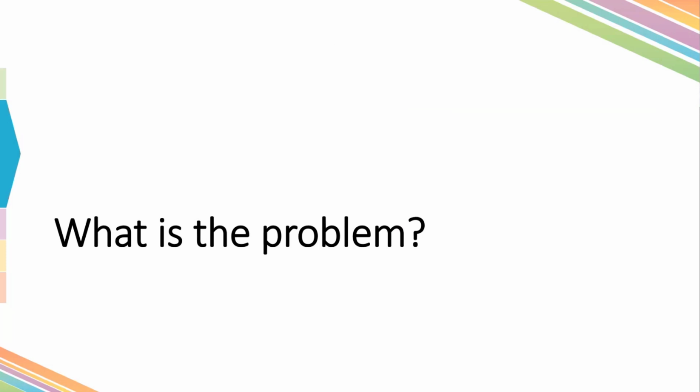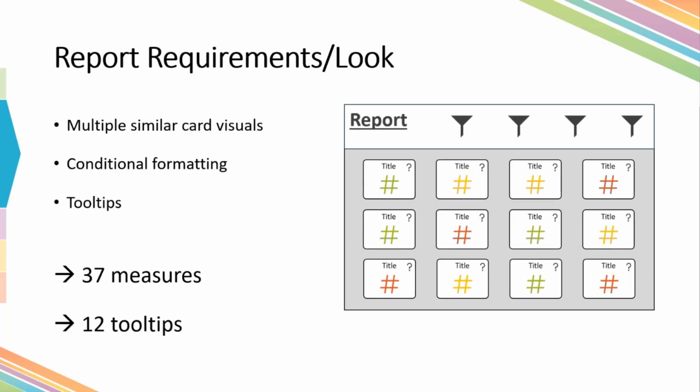Now, what is the problem about the whole thing? The problem is that this can lead up to 37 measures and 12 tooltips. I basically have a median calculation per KPI, because it always concerns different columns. I have a threshold calculation for the conditional formatting, and another calculation that I like to use that takes the manual effort of the conditional formatting from the visual itself and puts it into a measure. Plus, in this case, a count rows calculation. So I'm looking at around 37 measures for these 12 KPIs.